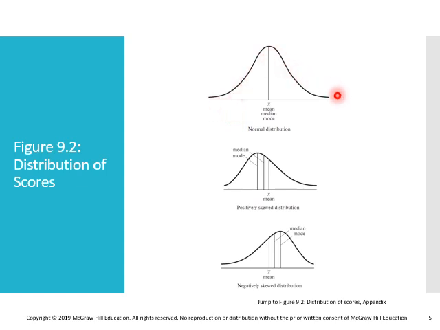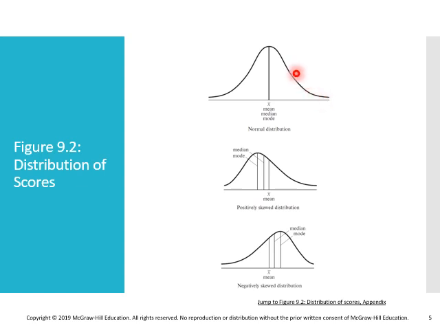So a normal distribution would look like this. Theoretically speaking, most of the cases will be right up here at the peak, and as we go down the peak on the right side as well as on the left side, we get fewer cases. So you see that on this end right here on the left, the curve is very, very close to the horizontal axis. Same thing on the right, the curve from the peak comes down and is very, very close to